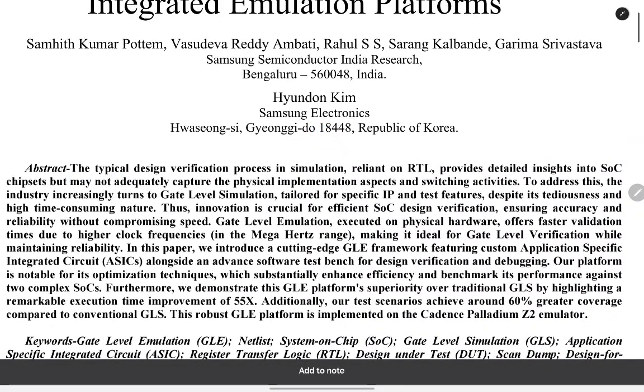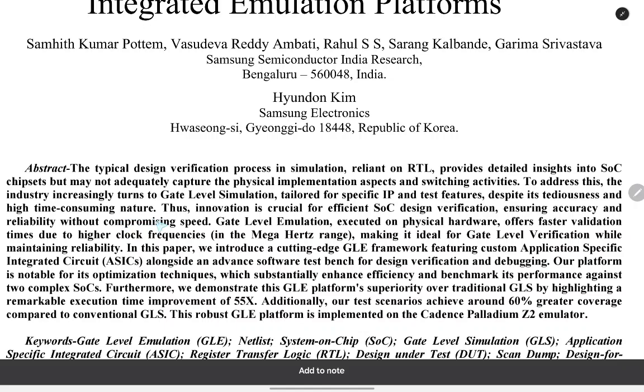Abstract. The typical design verification process in simulation reliant on RTL provides detailed insights into the SoC chipset but may not adequately capture the physical implementation aspects and switching activities. To address this, the industry increasingly turns to gate-level simulation tailored for specific IP and test features. Despite its tediousness and time-consuming nature, innovation is critical for efficient SoC design verification, ensuring accuracy and